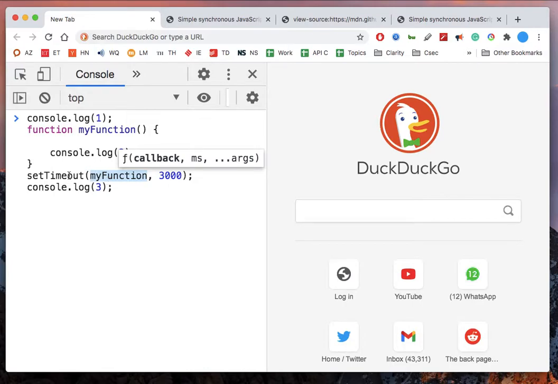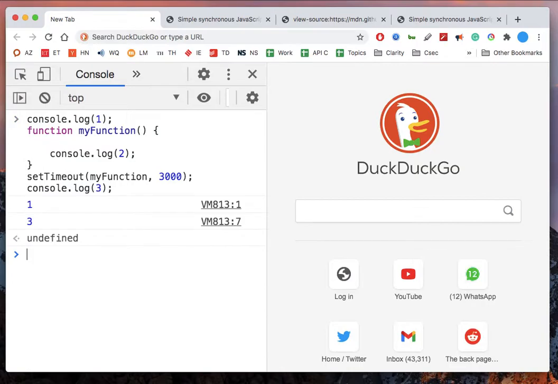Now similarly here, what order of printing do you expect? 1 2 3 or 1 3 2? Let's find out. You see 1 and 3 are printed instantly, and then 2 is printed after 3 seconds. So this is a sort of asynchronous programming where you take all the tasks, but perform some tasks at a later point. Like this, my function is called after 3 seconds, right? So this helps us manage a lot of tasks.